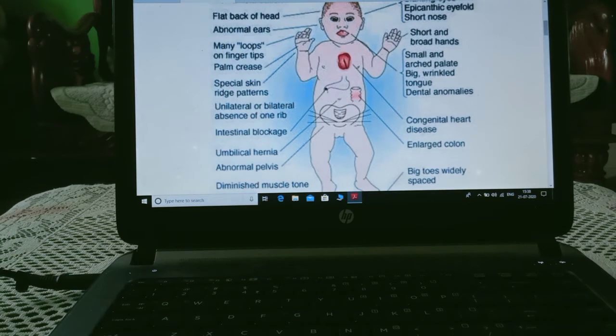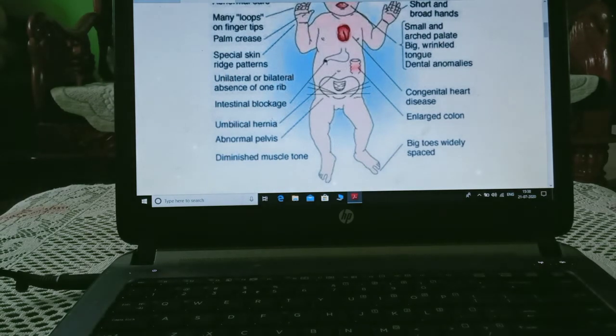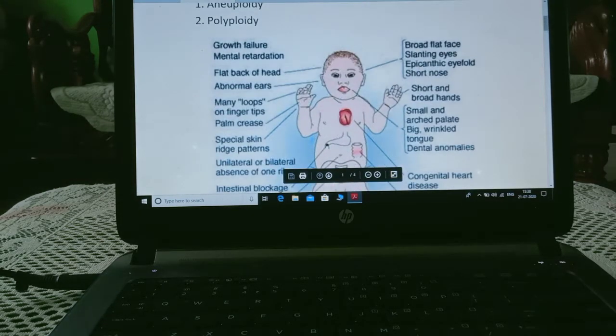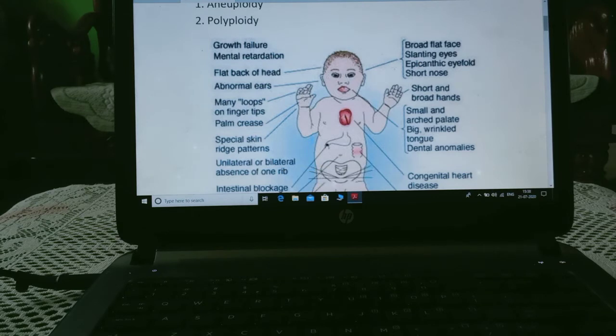Unilateral or bilateral absence of one rib, ribs are divided into one or two parts, intestinal blockage, umbilical hernia, this is a disorder of the intestine, abnormal pelvis, this lower abdominal portion, diminished muscle tone, muscles are in a different manner, broad flat face, you can see how it is, slanting eyes,